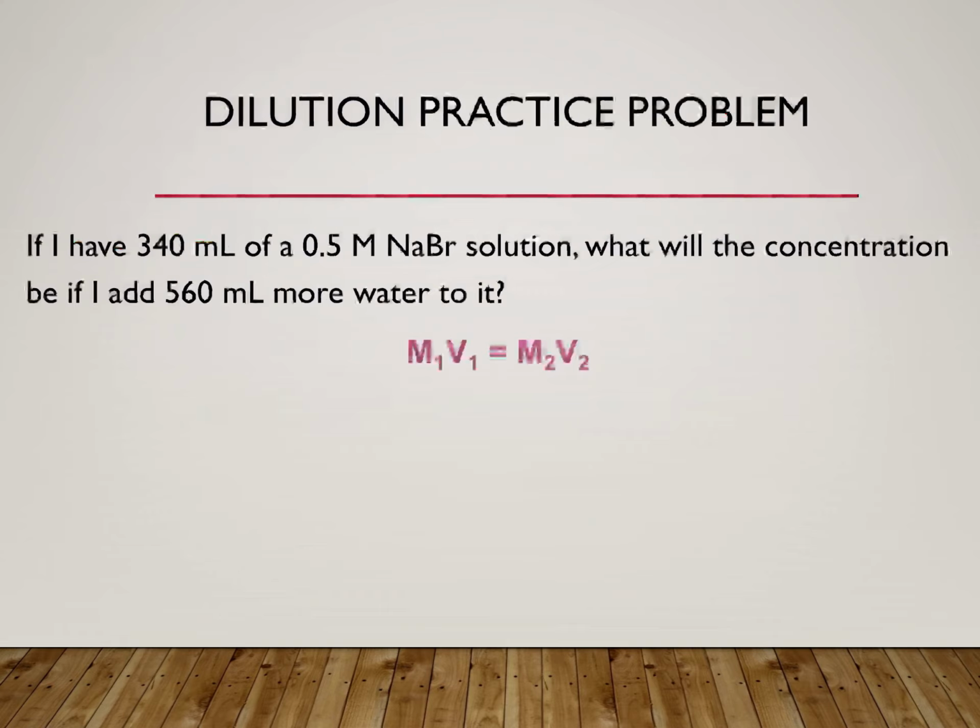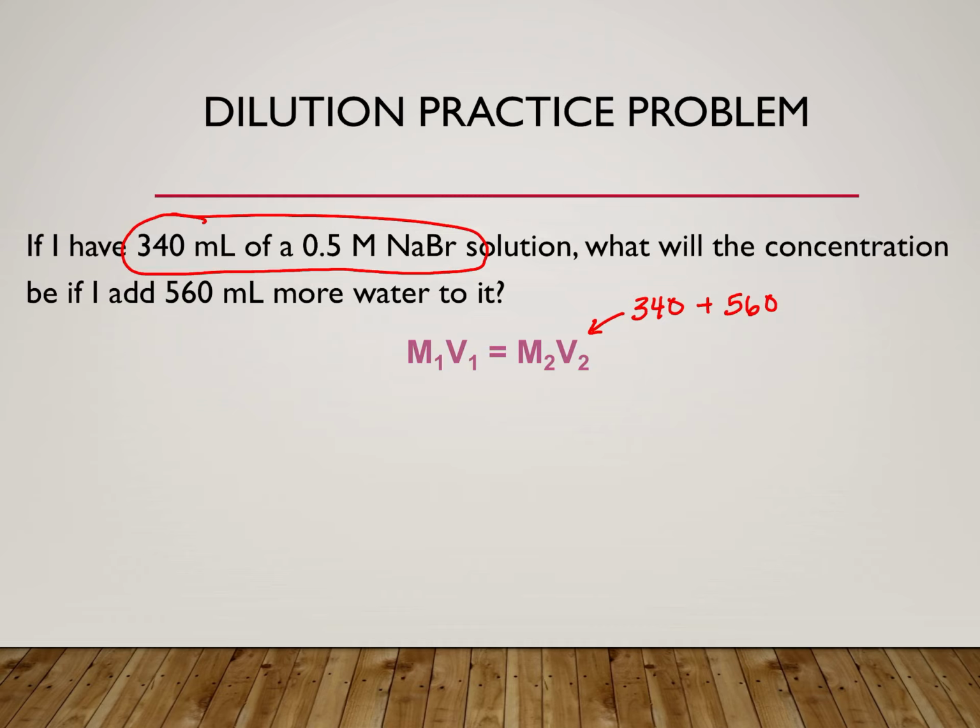Let's try another one. So this one says if I have 340 milliliters of 0.5 molar sodium bromide, what will the concentration be if I add 560 milliliters more water to it? So be careful on the wording here, okay? We have 340 milliliters of our sodium bromide. This is going to be our stock, okay? And then our dilute solution, you'll see that we are adding water to this. So our volume here is not going to be the 560 milliliters. It's actually going to be 340 plus 560